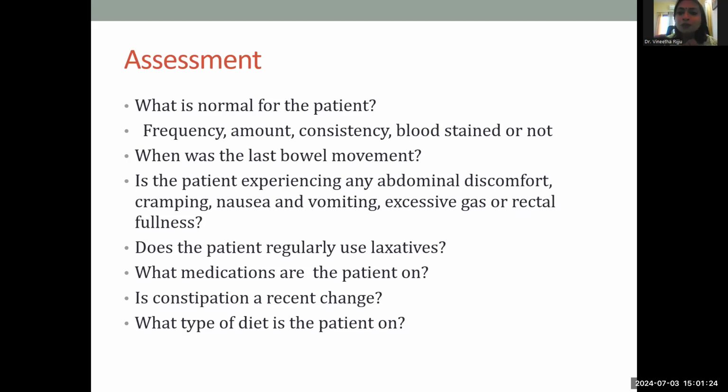So what you have to educate them is that if there is a cause for recurrent constipation in them, they should make it a practice to take laxatives maybe daily or in an alternate fashion, especially if there are drugs that they are on which could be causing constipation. They better have it daily, regularly.